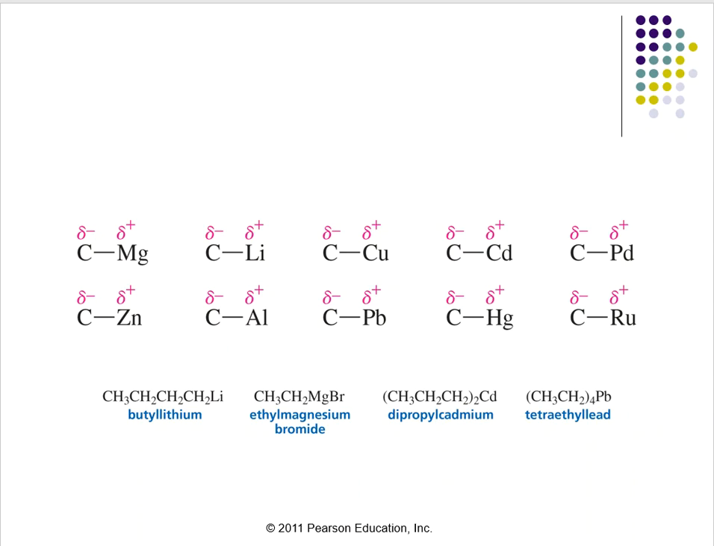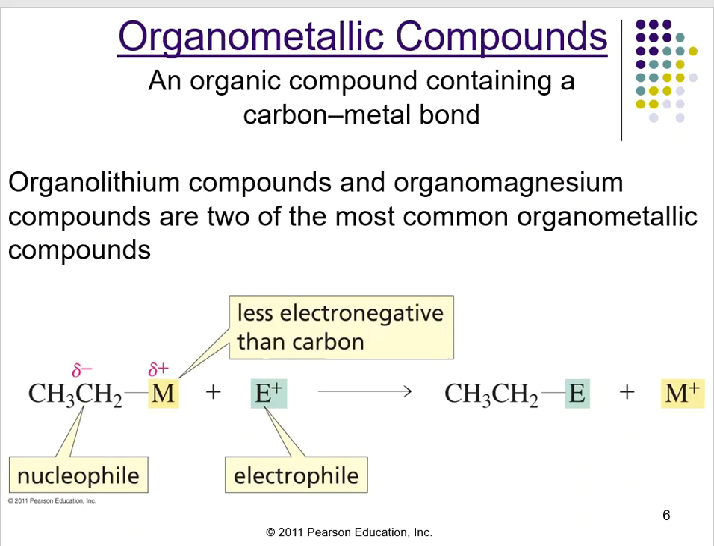So magnesium and zinc and lithium and aluminum and copper and lead and cadmium and mercury and palladium and ruthenium, all of these work the same way. What that means to us in the long run is that carbon, because it's slightly negative, and the metal, because it's slightly positive, carbon no longer is acting in its traditional role. This negative is acting like all negatives do. And that negative